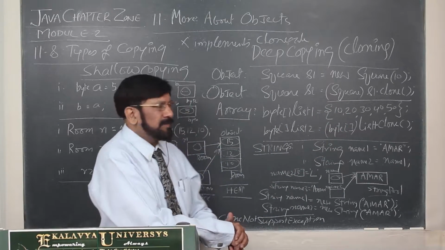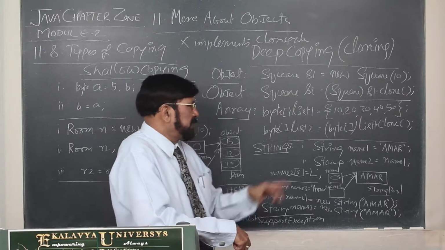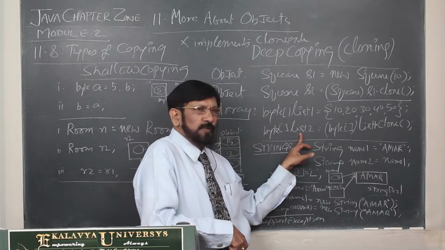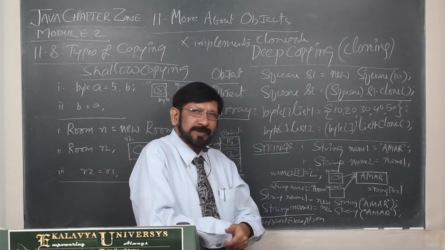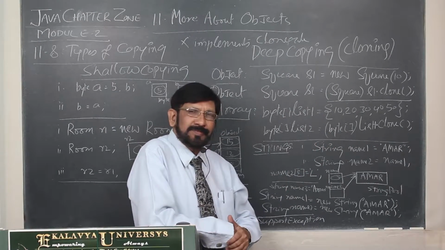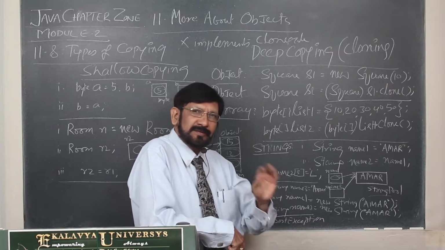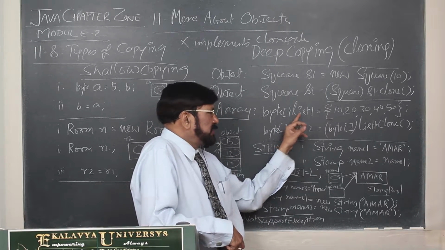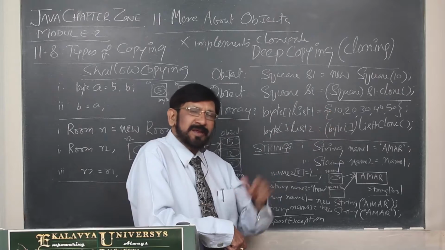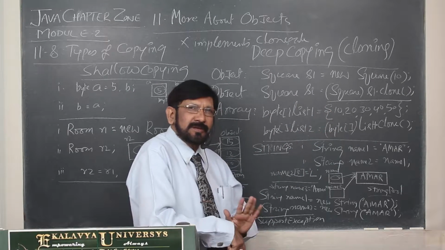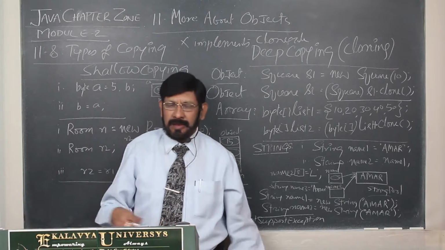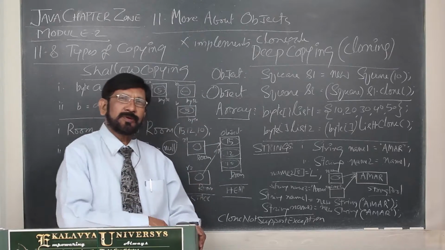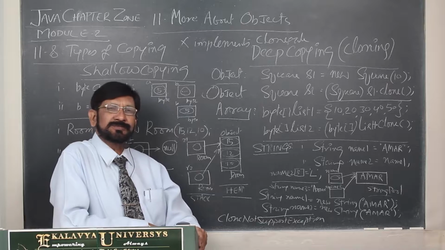Here also you can make an experiment. What experiment you make? List 2 index 0, you assign 100 and write. You get 100. And list 1 index 0 you write. It remains at 10 only. Understand? So by that you can get a proof. One thing I am telling you, if you have to own any concept, you must be convinced 100%.